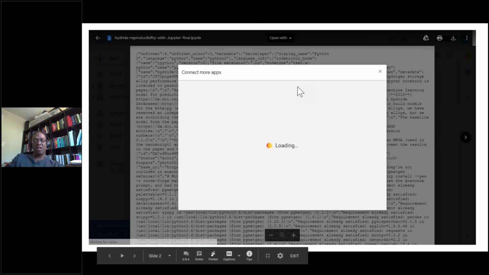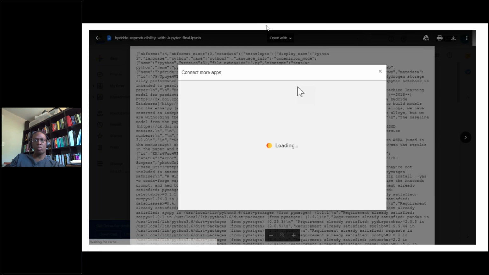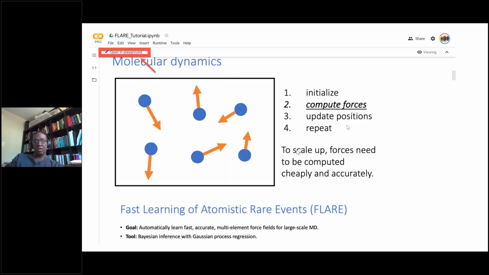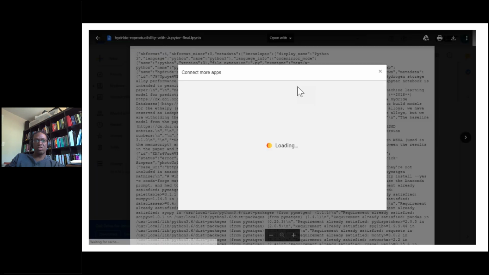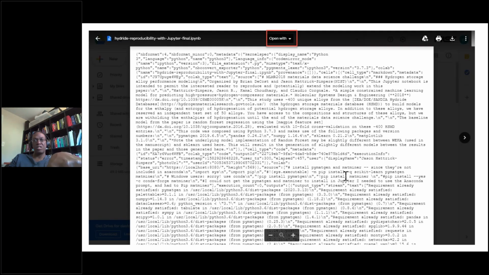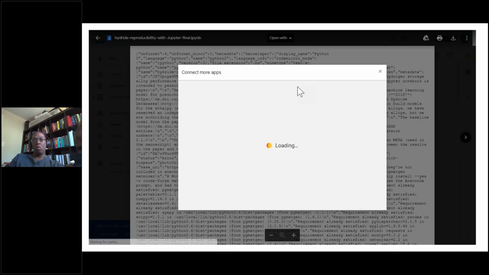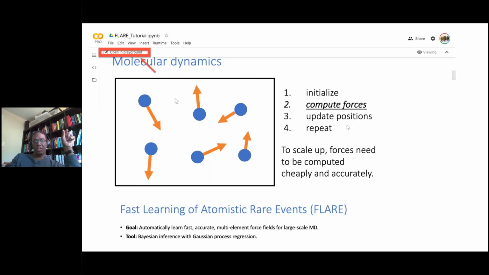If you open a Colab and see a Jupyter notebook or a file with a .ipynb ending, you'll just double click on that file. If you have never started the Colab before, you'll first get an open with option, and then you can choose connect more apps. One of the apps will be the Google Collaboratory, so you'll choose that, and it'll open up in this nice